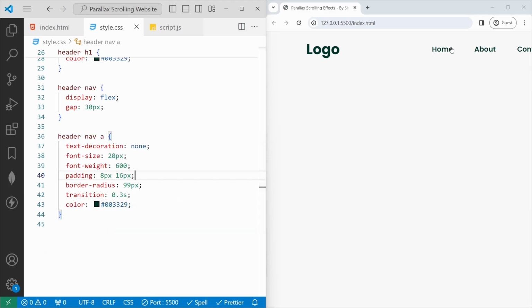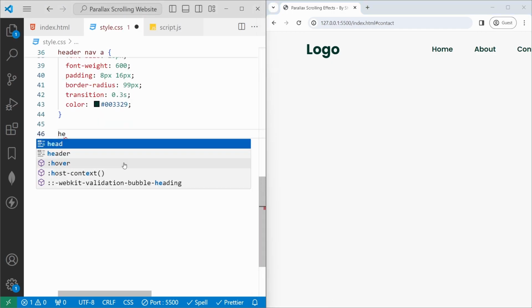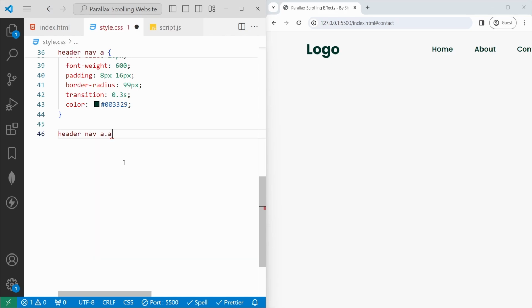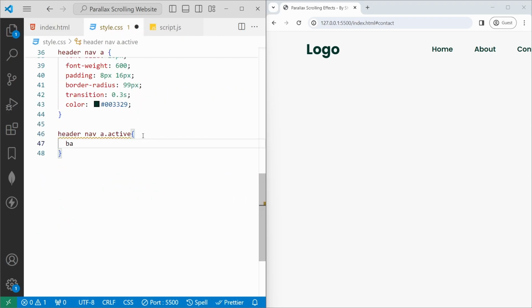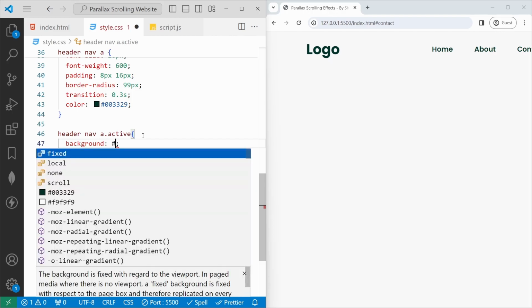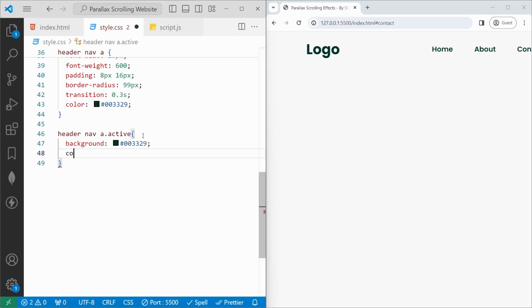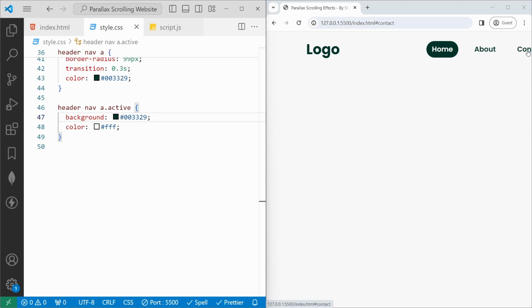of 30, and whenever it is active we need to set the background color to it, right? So for that, here again with the header nav with a dot active, because we have already added the active class to that href. See, now we need to set the styles to it. We'll set the background color to light black, and then whenever it is active we need to set the color to white. If I save, now we can see the active style here with background black with color of white. And then whenever we hover over other hrefs, we need to remove this background color